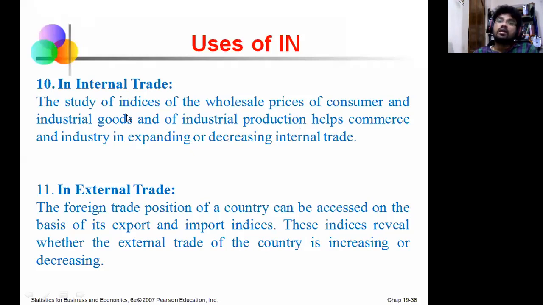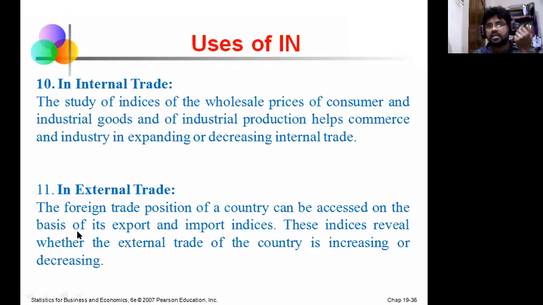See, in international trade also, we can use index numbers to measure the wholesale prices, for whatever commodity is going to be exported. For example, if you take a pen which they are selling at 10 rupees per pen, but if you want to export that commodity, you need to export at a wholesale price, and you cannot fix the 10 rupees. At the time when you are exporting, keep in mind the worth of the pen and how much competition there is in international trade. Is there any competitor of the pen? That is the thing we should keep in mind, and at the same time, they have to provide at wholesale prices.